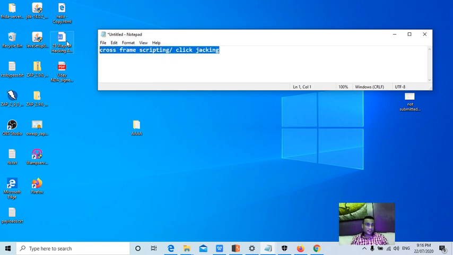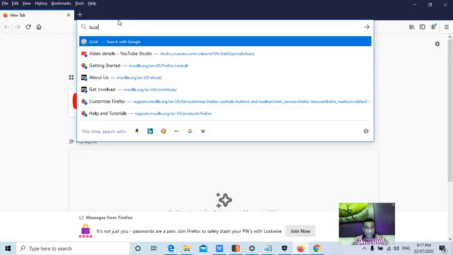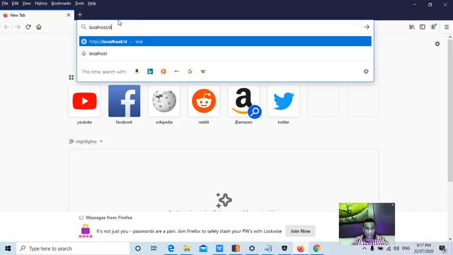Cross-frame scripting is nothing but a hacker will load a trusted website in his website as an iframe. If someone enters a username or password, the hacker will capture it. Let's see how we are going to check for cross-frame scripting now. First, let me open some application.